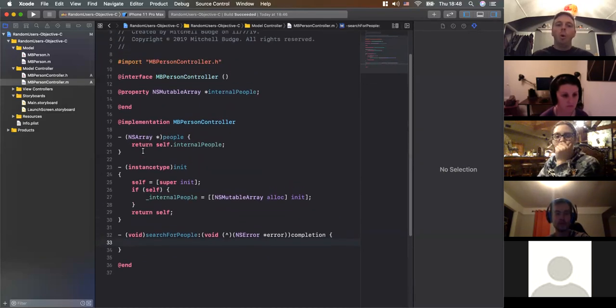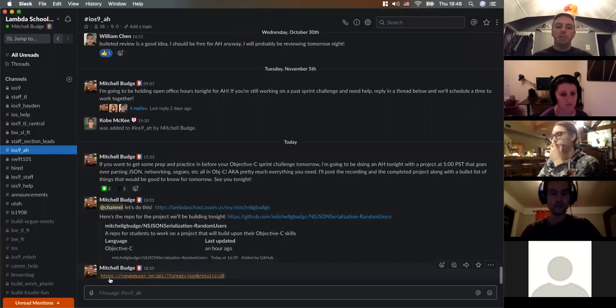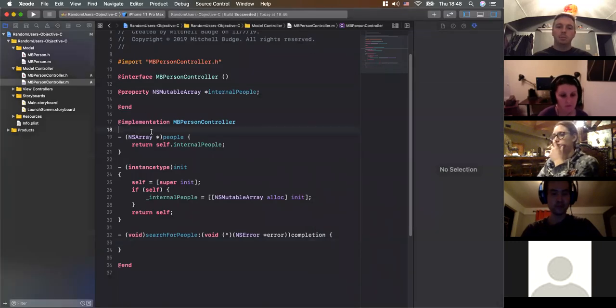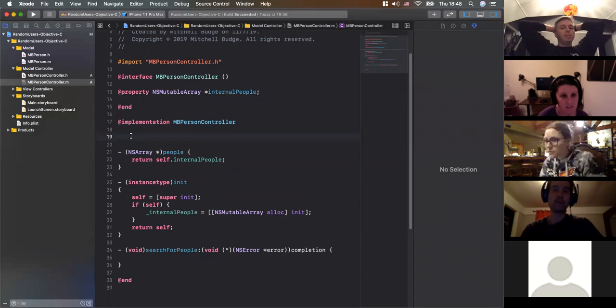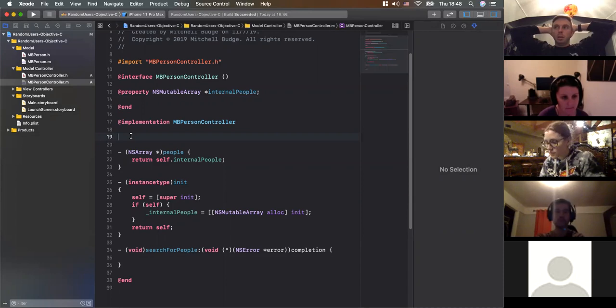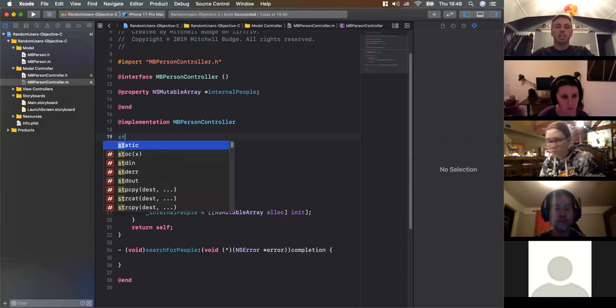So if I wanted to make a static property for our base URL, I posted it in the channel for you guys to use. But if I wanted to make a static property for this, how am I going to do that? Do we want it to be available to everything? The controller is the only one that needs to know about it, so we can keep it inside of this controller file. Yep. The way that we're going to do it is we're going to say static,